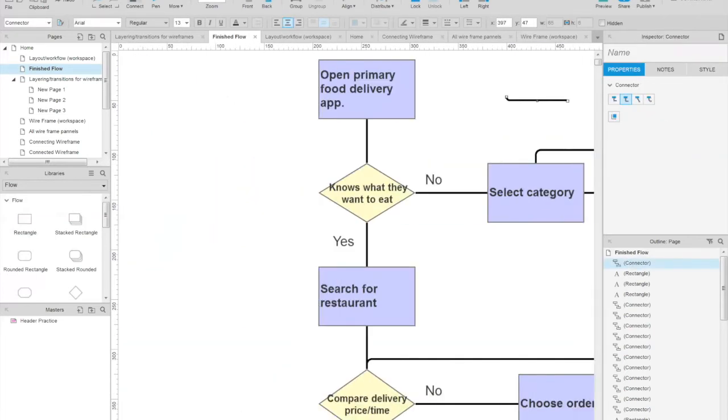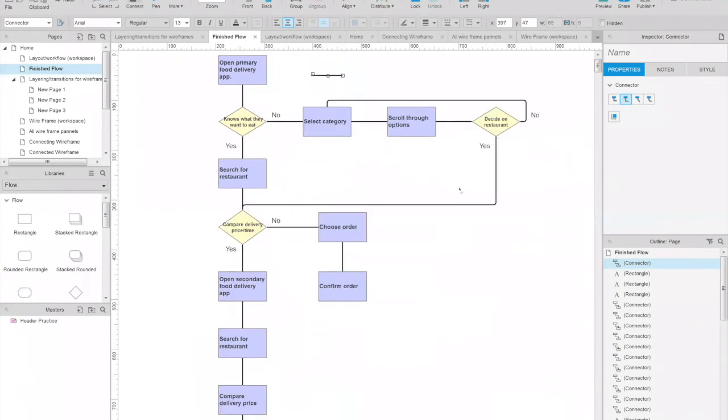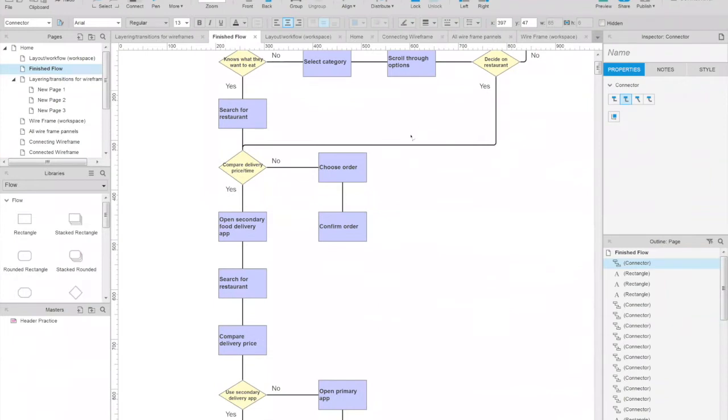Okay, so I started off with opening up a delivery app and then going into knowing what you want to eat. So you either know what you want to eat or you don't know what you want to eat. And then that can go into selecting a category if you don't, scrolling through the options, deciding on a restaurant, yes or no, and then that whole loop can last a lifetime, it seems like. But if you do know what you want to eat, you can go down, search for that restaurant, compare the delivery price. If you want to use that service, you can go ahead and order and confirm your order, or if not,